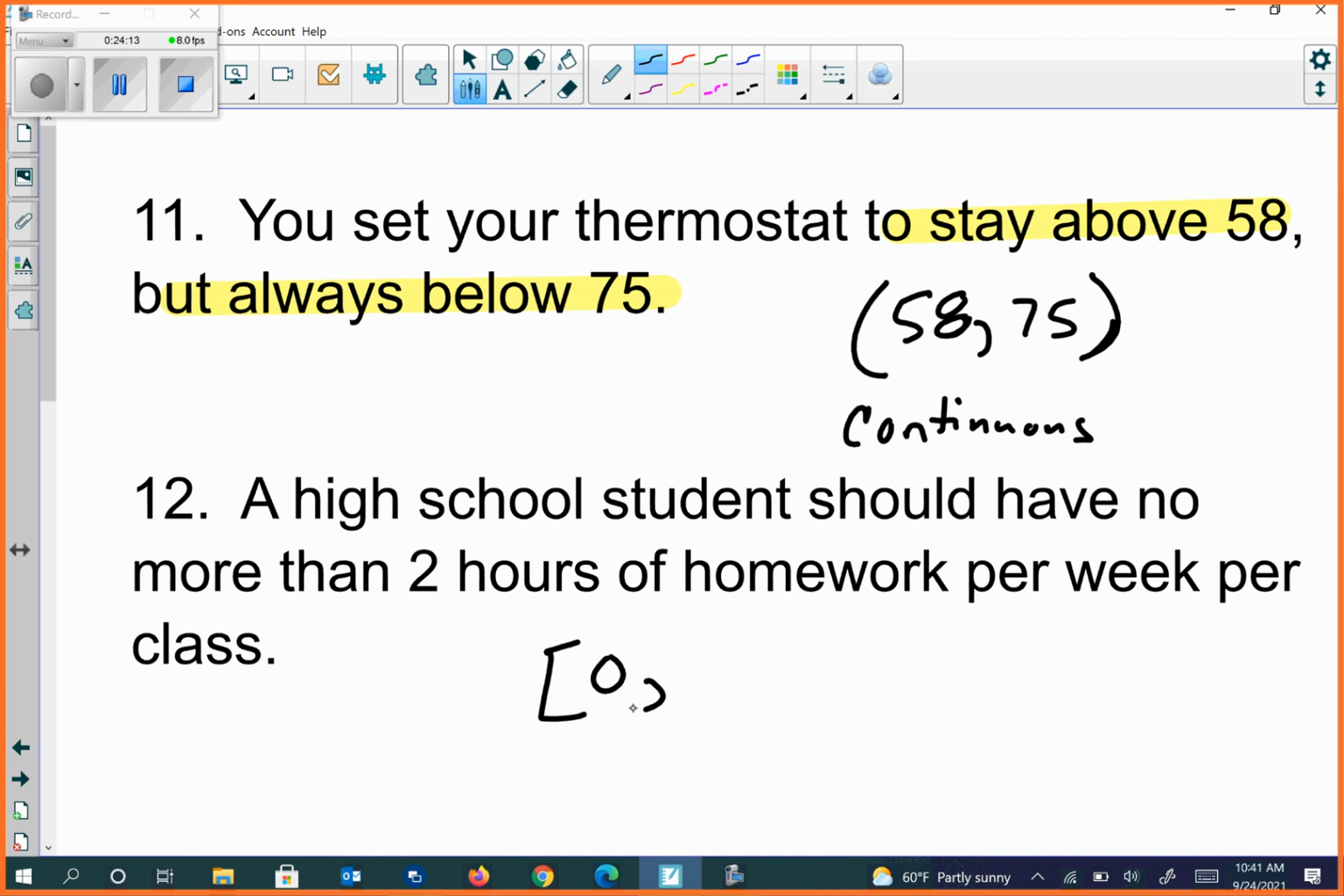Oh, I like that. No more than. So it's got to be 2. Could I have 2 hours of homework? I think so. No more than. Yeah, I think we can have 2. Okay. So is it either 0 or 2 hours? Or could we have